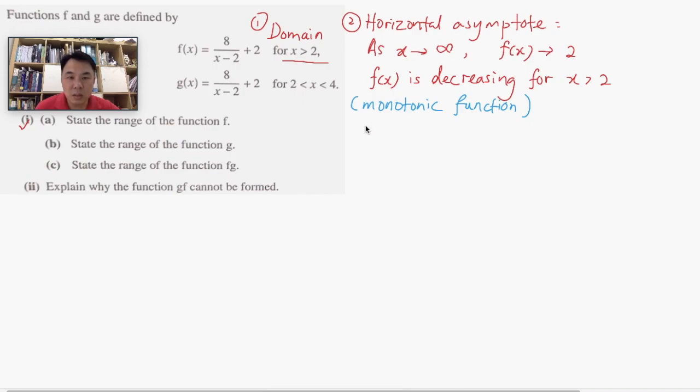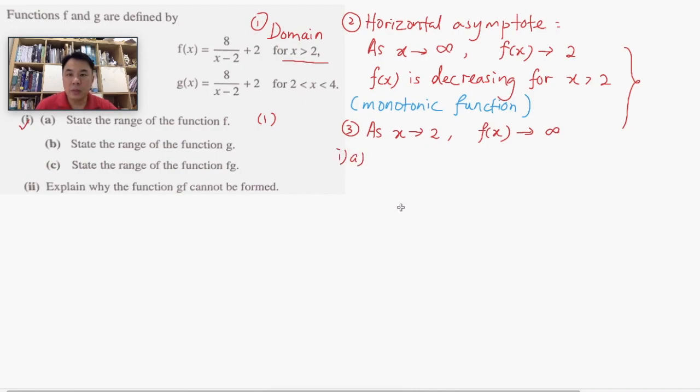That's the thing. So the other thing you might want to test out would be as x is approaching 2 there, that fx would be approaching infinity. So this is the third information that we need. You don't really need to show all this. These are just information that I lay out here for your own understanding. Of course, in the exam, if this one only gives you 1 mark, you don't really need to show this. But the knowledge of the property of this rational function is very important. Knowing this, we can conclude that